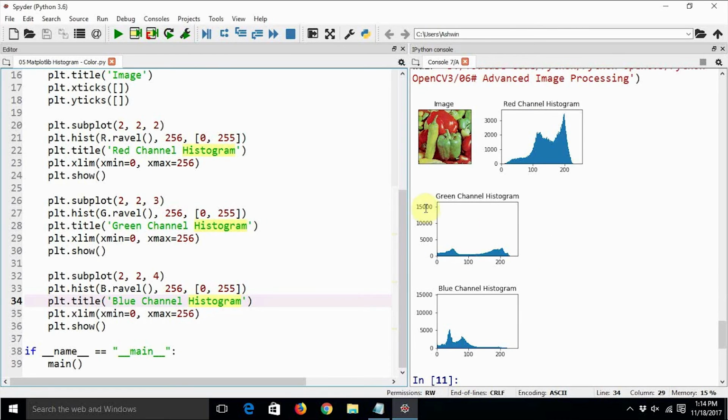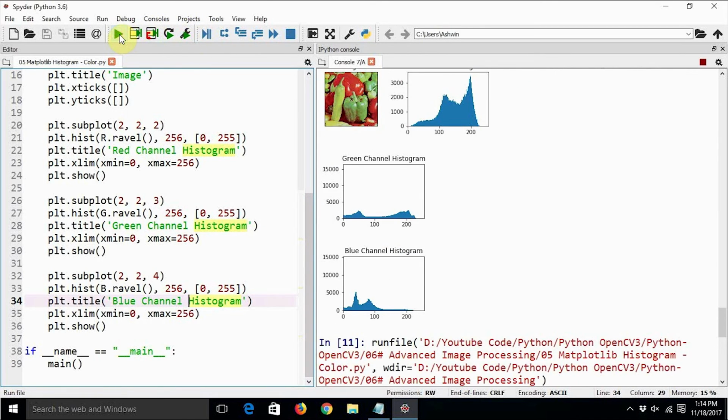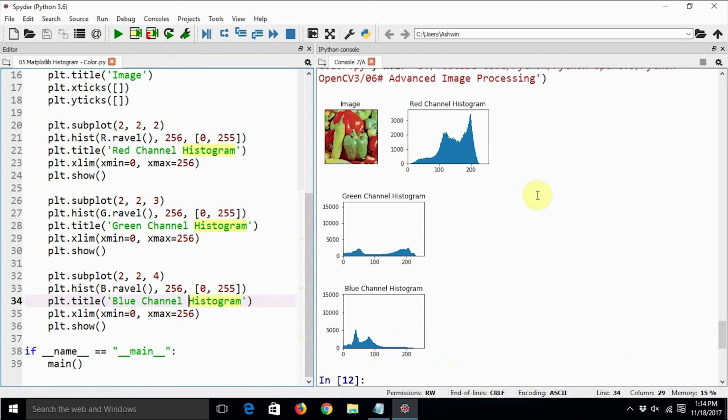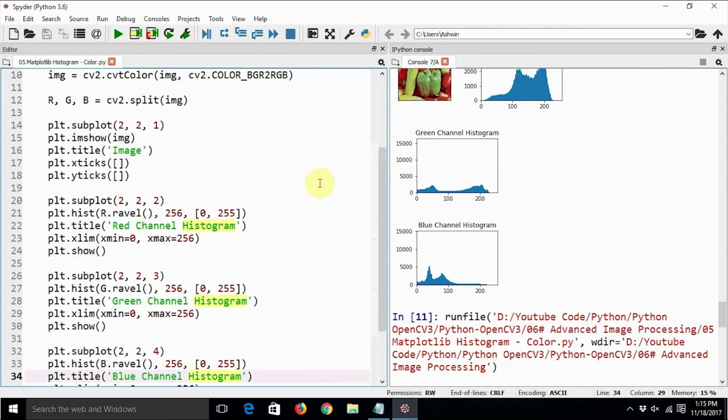I don't know why it is messed up. Is it because the histograms are big? Yeah, it's probably because it's not actually able to fit everything in a single frame. That's why it is showing us like this.